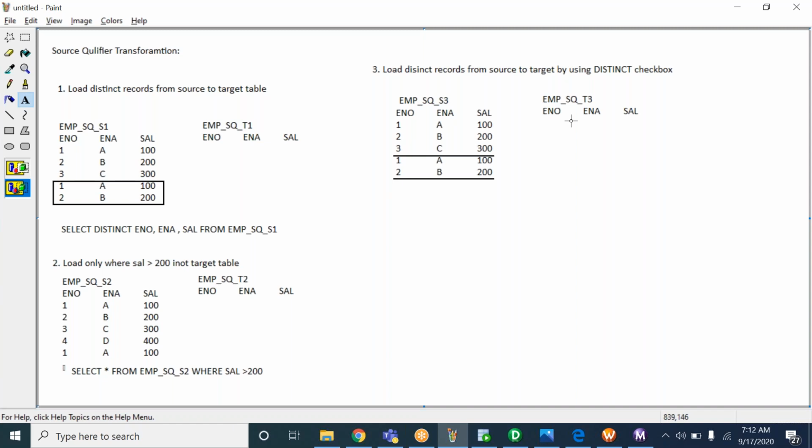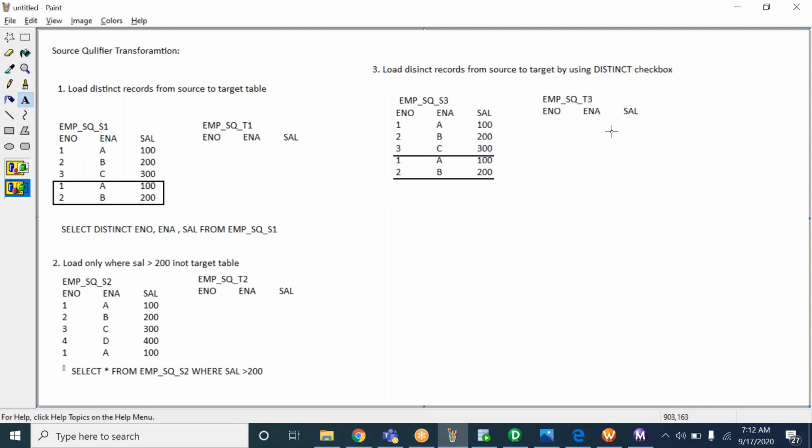Just create the source and target table and create a mapping. Inside the mapping, without writing a query, just select the Select Distinct checkbox and create a session task. For every mapping, you have to follow those 6 steps: create a session task, workflow, execute, and see whether you have got the distinct records from the source or not.